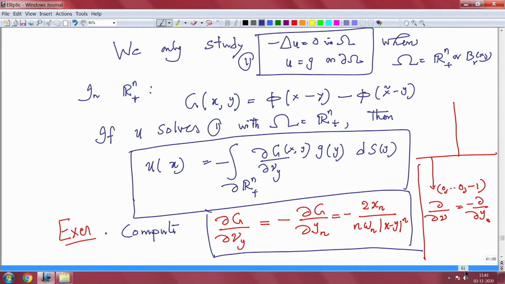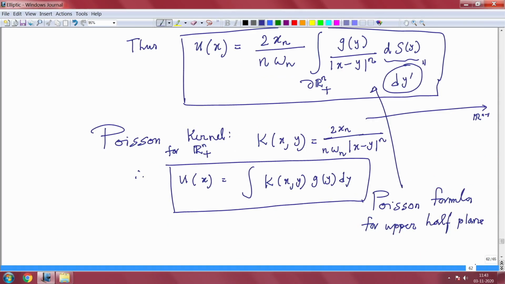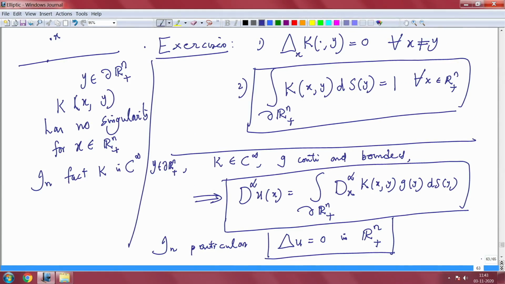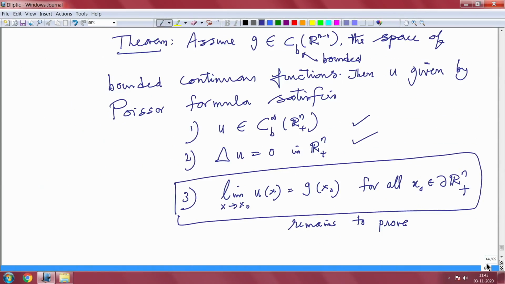Then, using the Green's function for the upper half plane, we precisely got dG by d nu, and you got a formula for your solutions. This is the formula which is the Poisson formula. We also introduced what is called the Poisson kernel. Using that Poisson kernel, you know that kernel satisfies certain properties, and using that we have actually solved